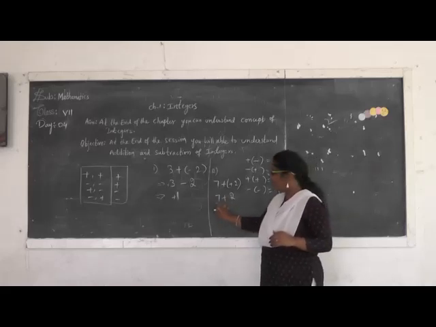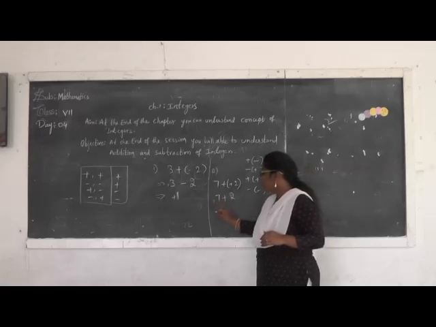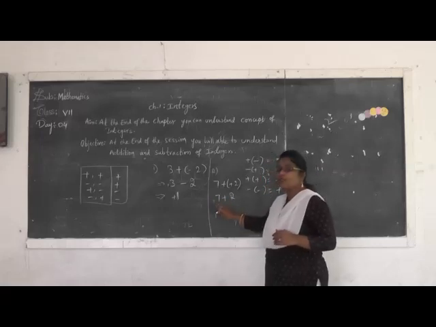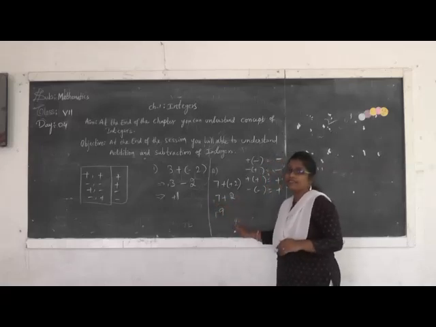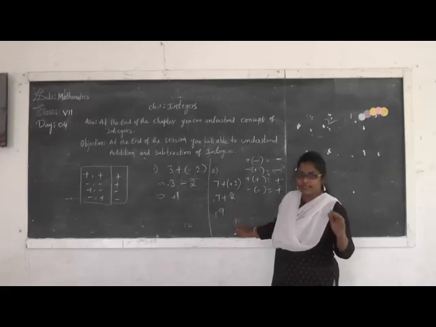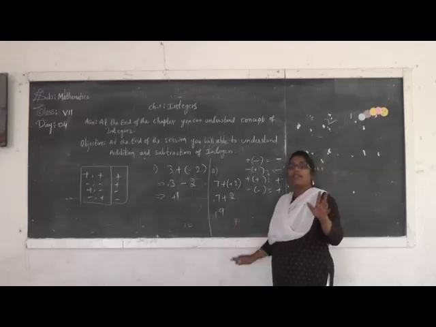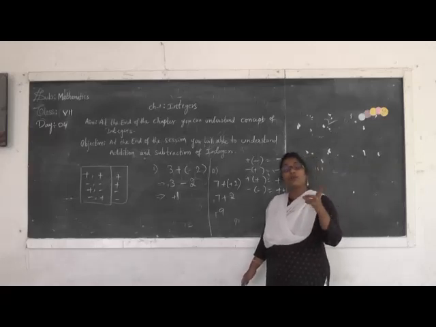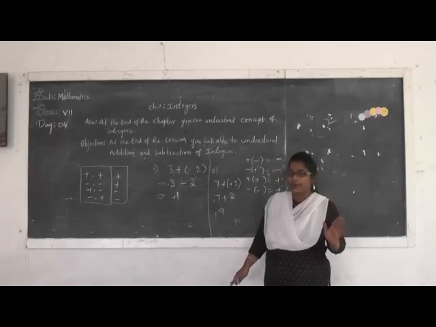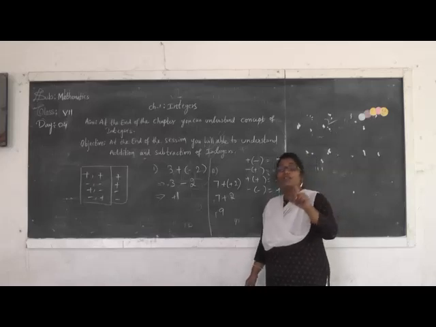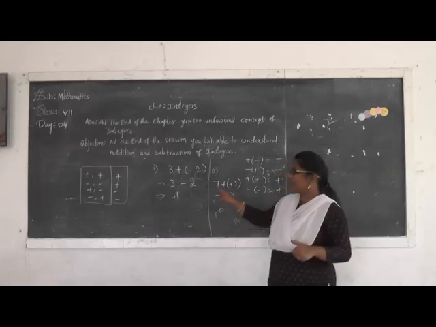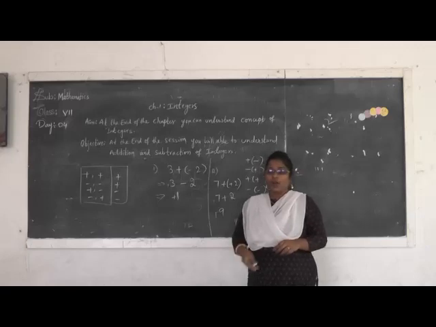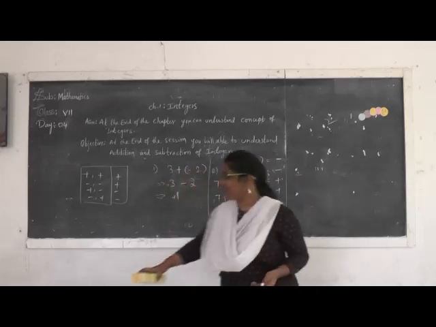Now, before the greater numerical number, what is the symbol? Plus. So, positive. Whenever we are adding two positive integers, the result is always positive, that we discussed yesterday in the class. Whenever we are adding two negative integers, the result is negative. Whenever we are adding one positive and one negative, then the result depends upon the question. Now, let's see one more example.